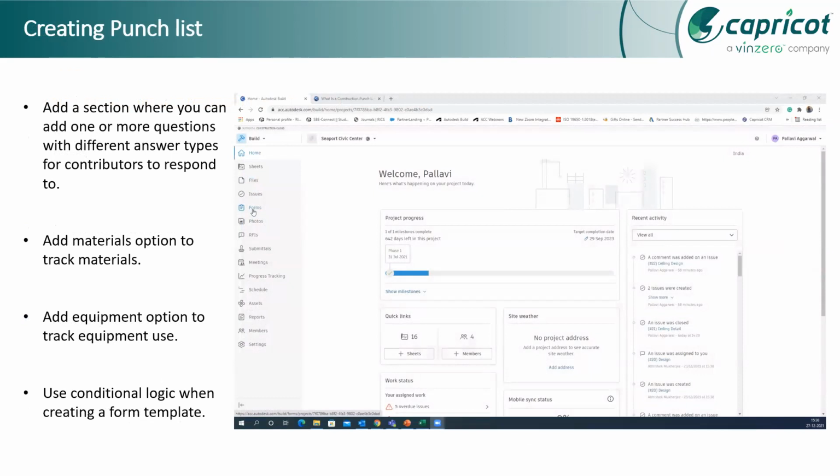Okay, so the references can be added in the form of photos or issues, or maybe notes can be added to the sections here in that punch list only. So this way, all the activities can be made more actionable and accountable. Okay, so you are assigning each activity to any member. So this way you are making your punch list more actionable.